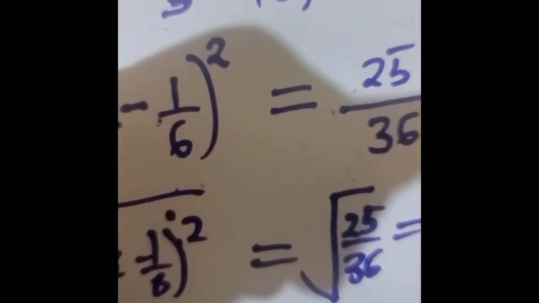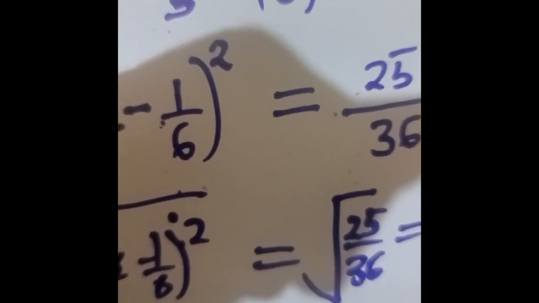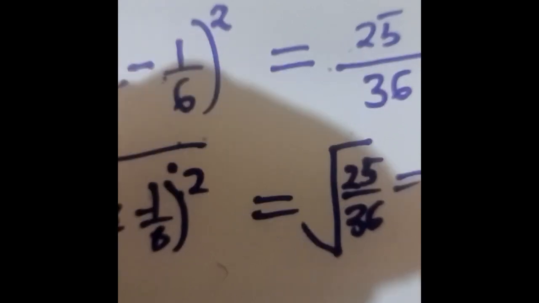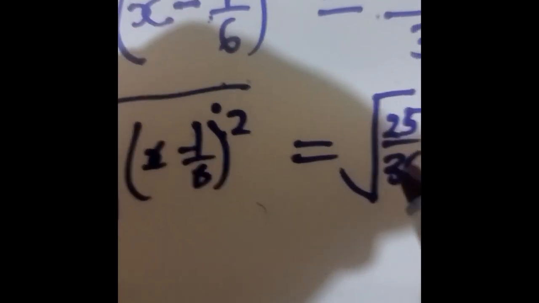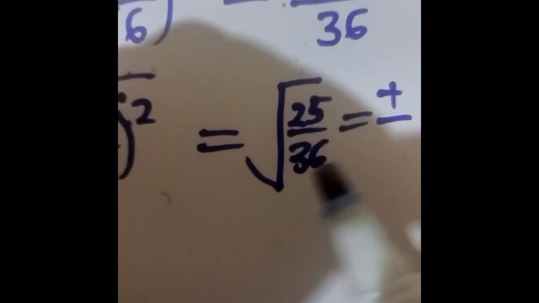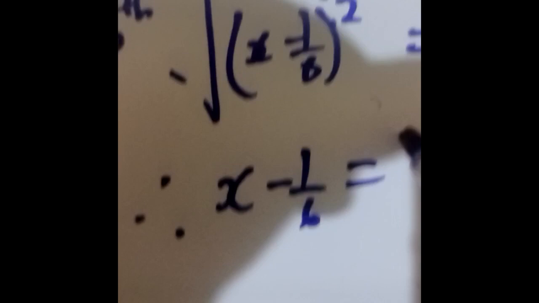And again, as we said earlier, we'll have plus or minus 5/6. For quadratic equations, you'll realize that they have two solutions, and that's why when we are looking for the square root, we have to take both the positive and the negative value. So in this case now we have x minus 1/6 is equal to plus or minus 5/6. What this means is that x is either 1/6,